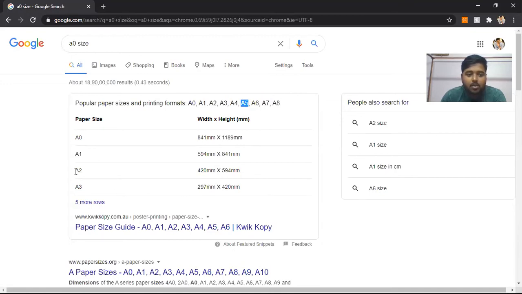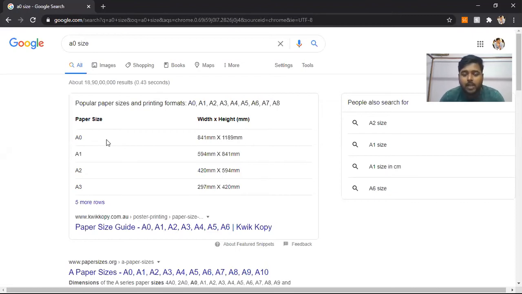So generally our drawing sheets get printed like this. If it is a single floor plan, maybe you can print it on an A4 sheet because it is quite clearly visible. And if you need to show many other things as well, you need to get it printed on an A3 sheet, whose dimension is 297 mm by 420 millimeters. A4 sheet size is 297 by 210. So you can understand this is exactly half of an A3. So these are the standard sizes, and the A0 sheet is the biggest sheet size available in the market.